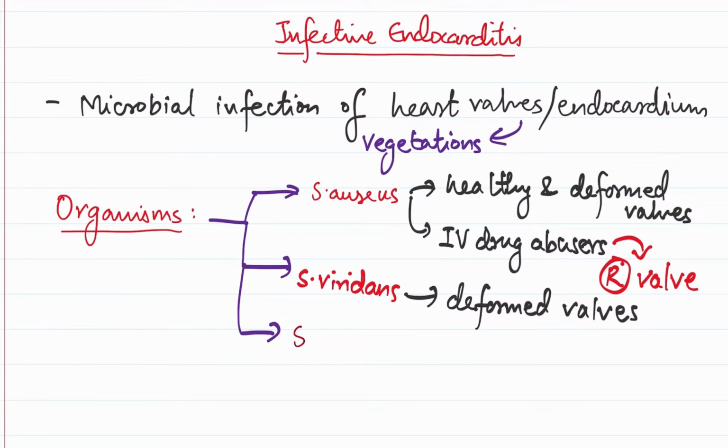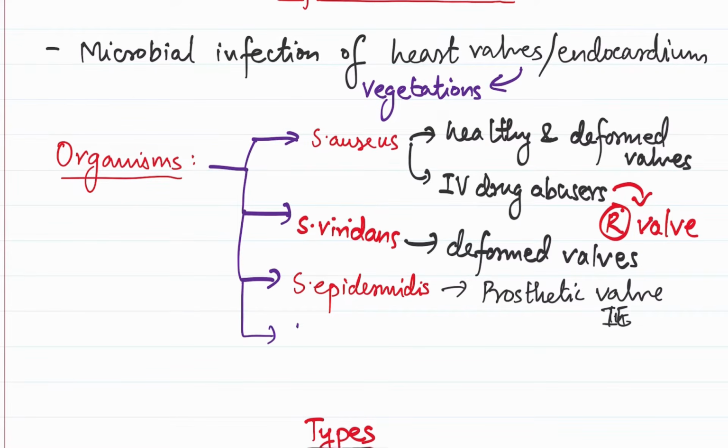The third organism is Staphylococcus epidermidis. This is actually a commensal of the skin and it's a coagulase negative staphylococci. We'll learn about that in microbiology. Here what we need to know is it is involved in prosthetic valve endocarditis. So after prosthetic valve or valve replacement surgery, the other organisms of importance are, one is the HACEK group